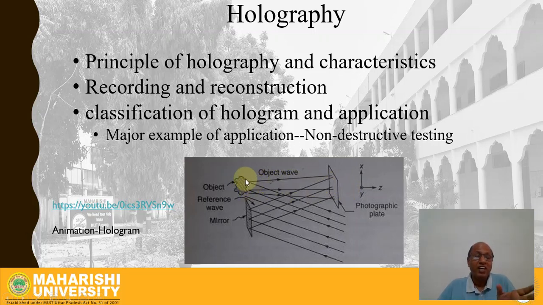So how do we record the phase information? One of the ways, which was discovered by Gabor, is that you put a reference wave, another coherent light source, as a reference wave, and allow this coherent beam to fall on the same recording plate where another coherent light wave is coming from the object. These two waves, the waves coming from the reference source and the waves coming from the object, interfere,